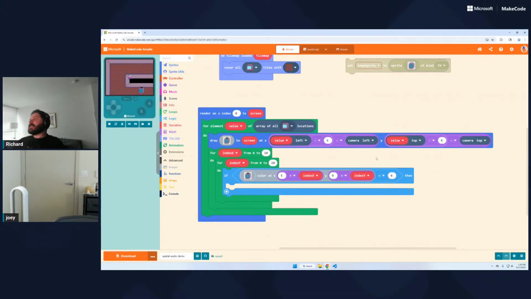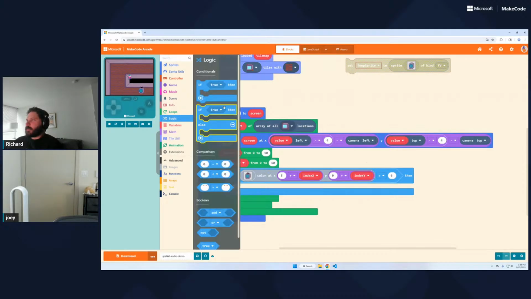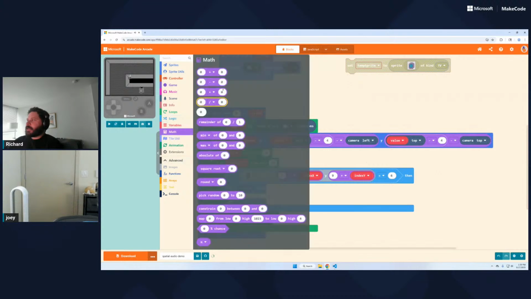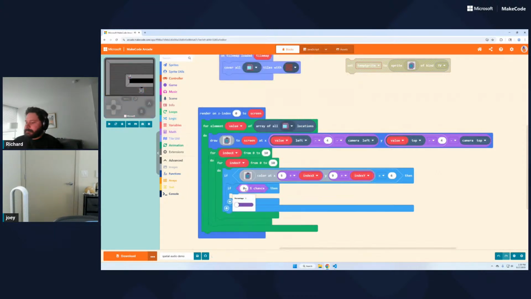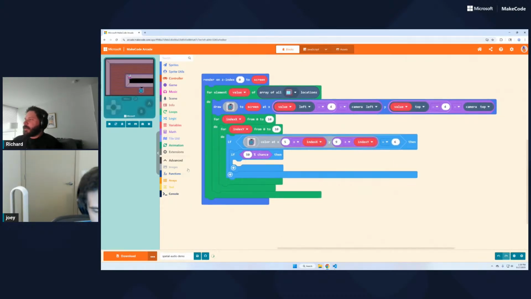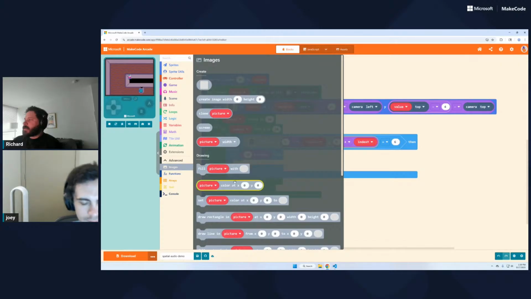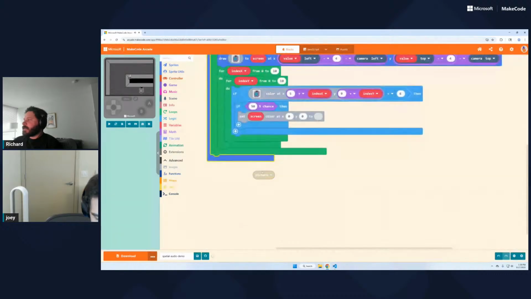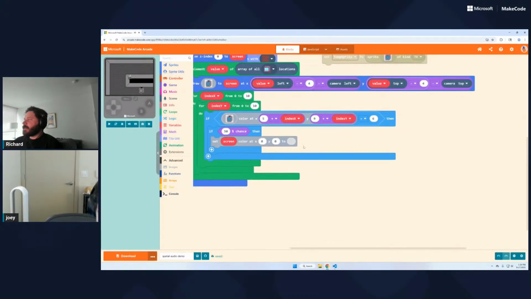So if it is that, then we want to randomly set it to be either black or white. So we're going to put in a logic here. We're going to do an if. We're going to do a math 50% chance. So right here. Not 500%. And we're going to go into images and grab the set color at. Going to make this the screen. And the location we're going to be setting is going to be equal to